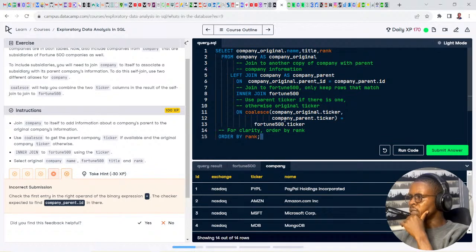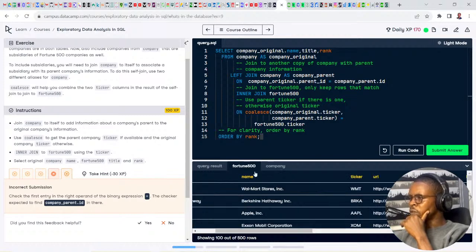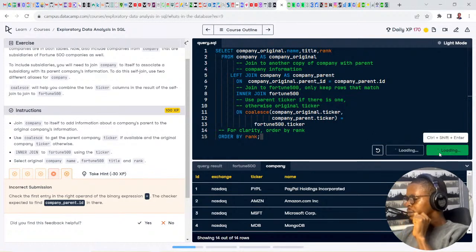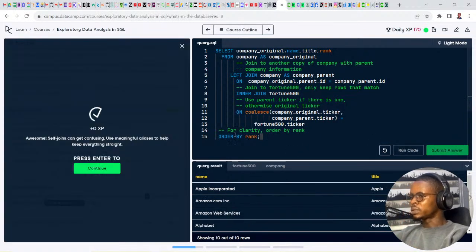But my correlative here is taking the company original ticker, use parent ticker if there's one. Otherwise, we are using this ticker column as our joining clause here because the 4 to 500 table contains a ticker column. Okay. That's quite technical there, really technical.